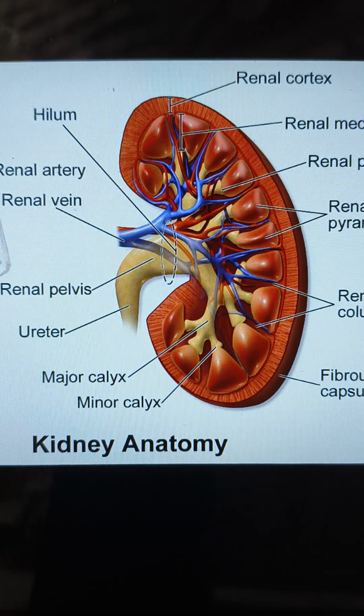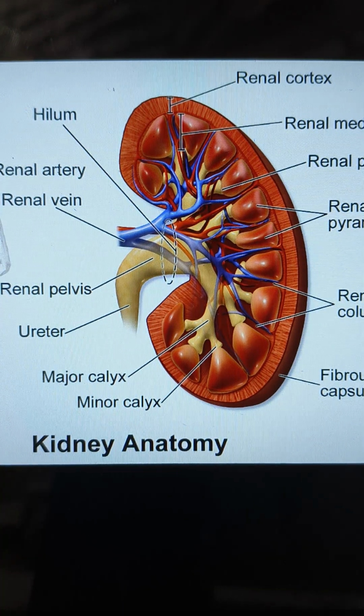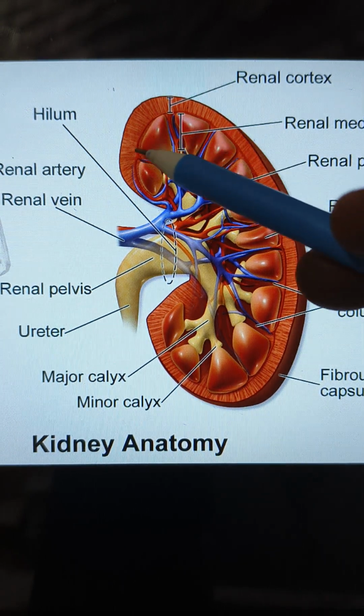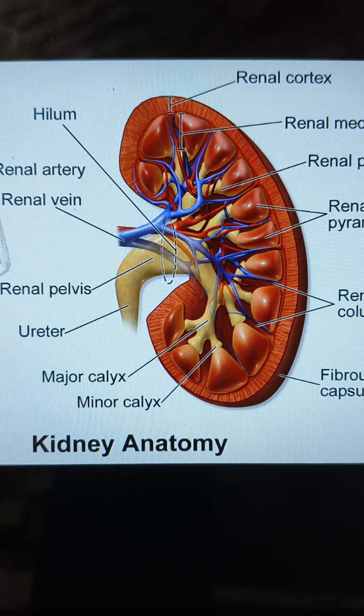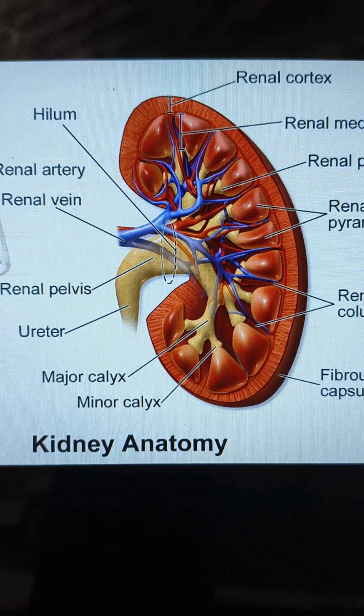The parts of the orange are known as medulla. It is conceptual, not anatomically proven. There are many medullas, approximately 6 to 8 in the kidney, and each medulla has many nephrons, lakhs of nephrons. Nephron is a structure which filters the blood and removes excessive waste material from it.